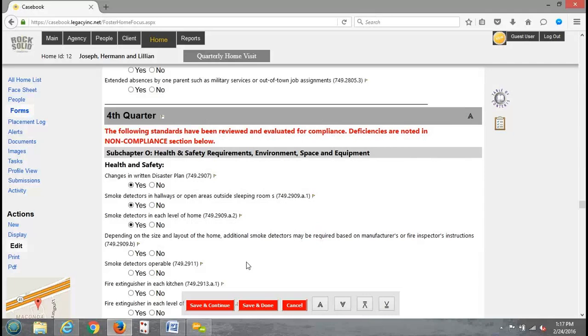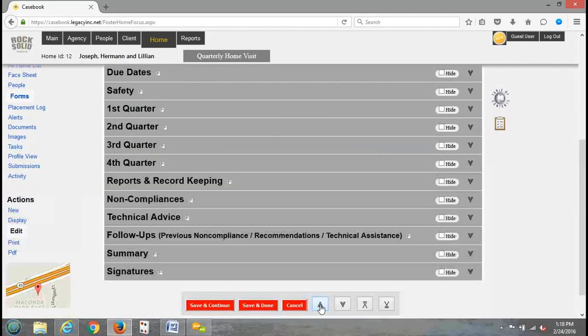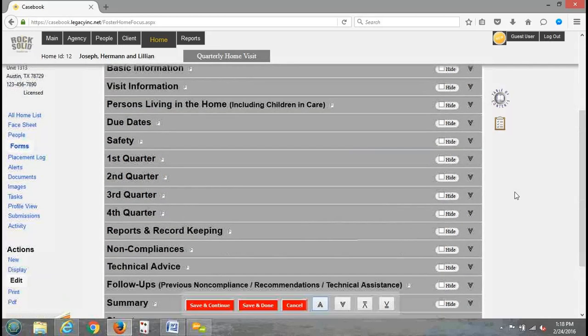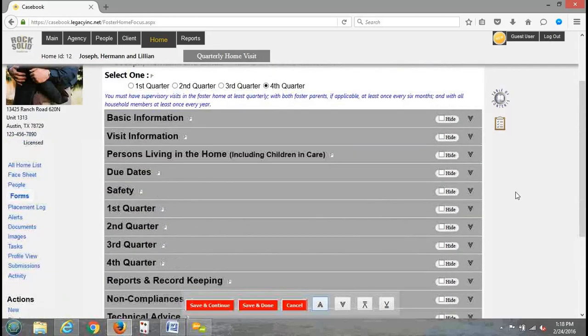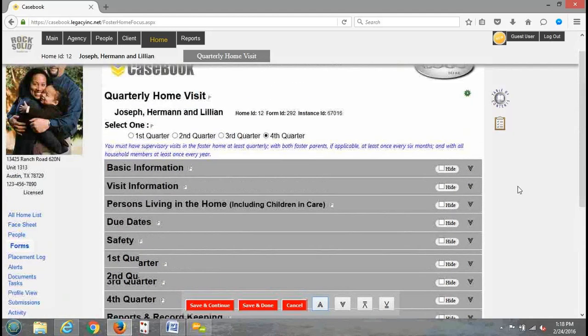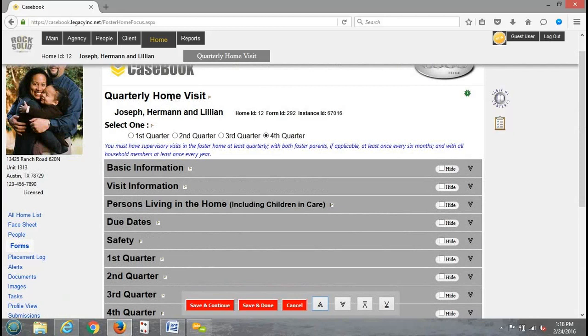You all have seen the Save and Continue, Save and Done, and Cancel buttons. Let's talk about these small arrow icons. The double arrow pointing up is a Collapse All Sections. We click that, and all the sections are collapsed so that you can quickly view your major sections. Let me show you how I would use that in this quarterly home visit form. Since I'm setting up for the fourth quarter,